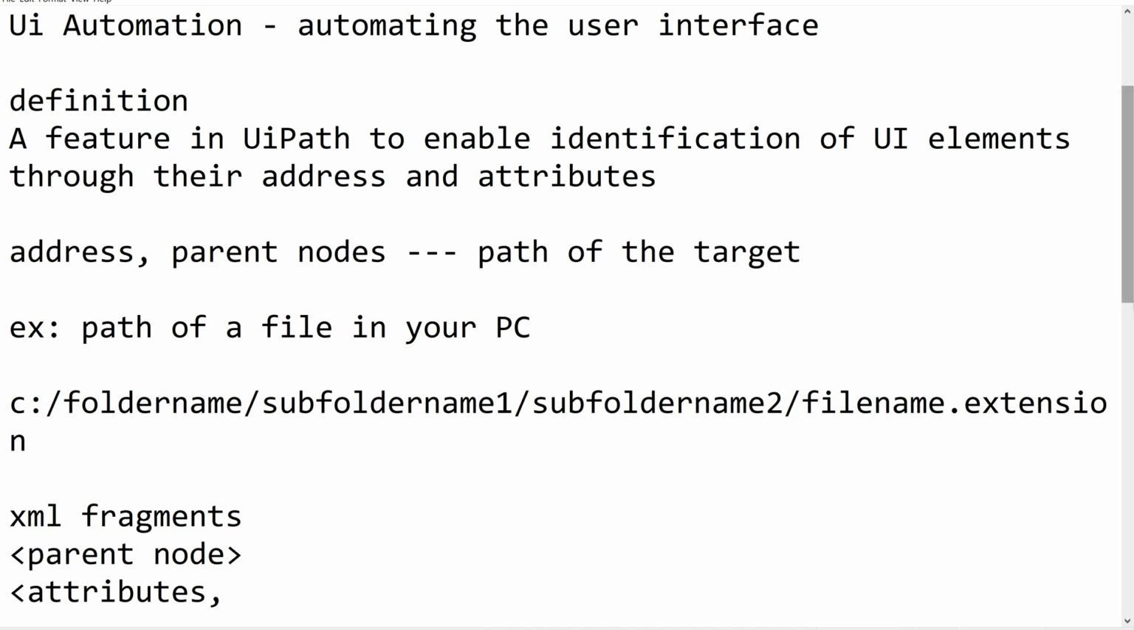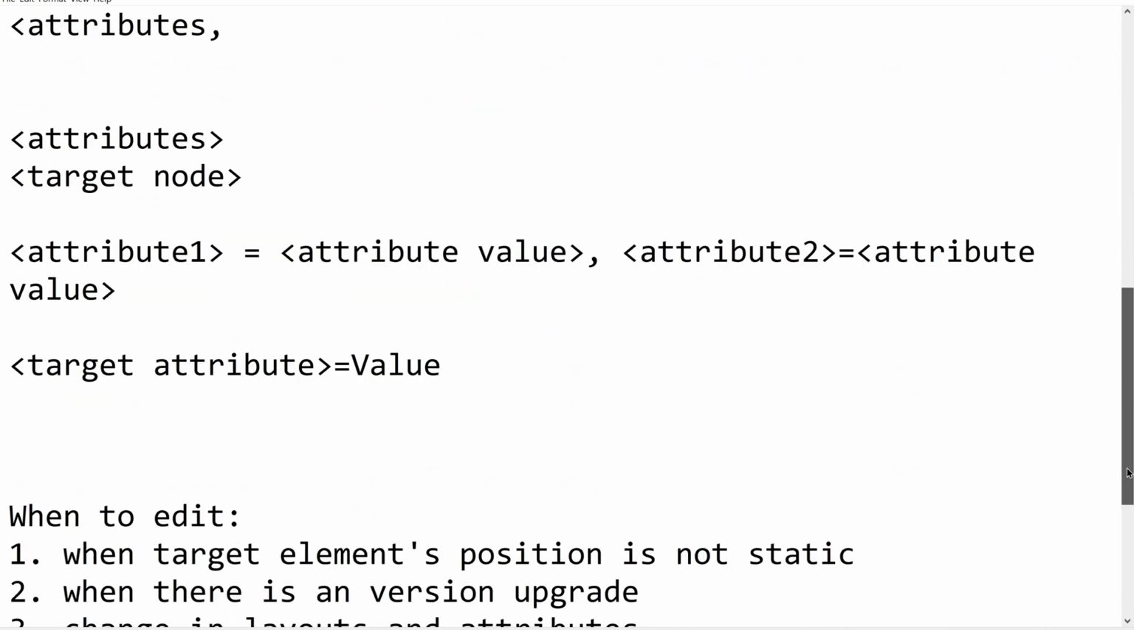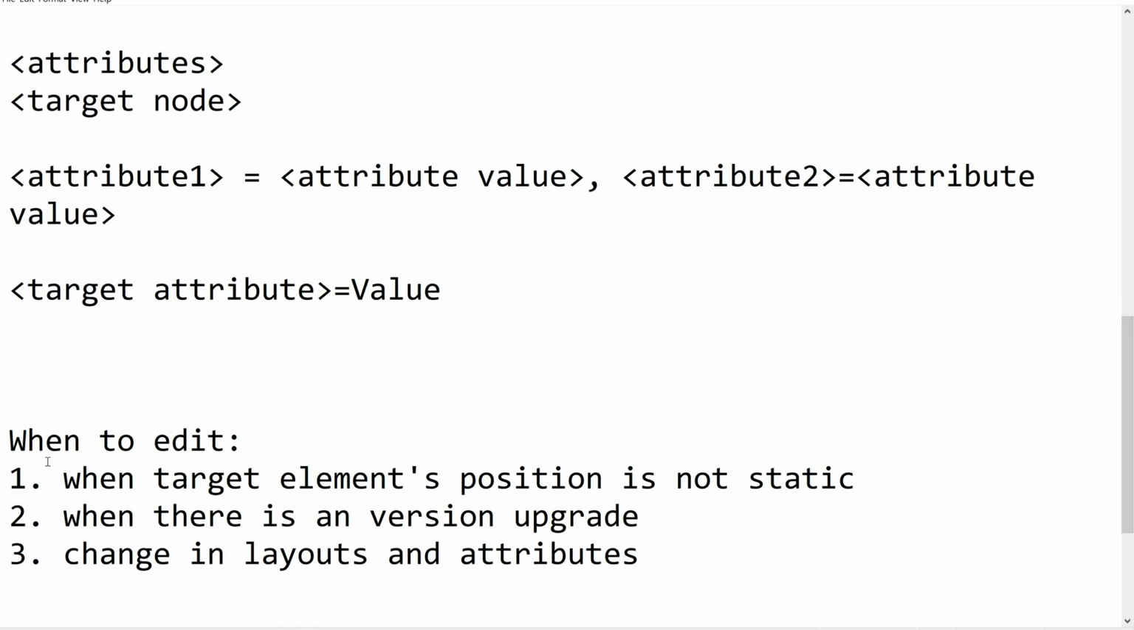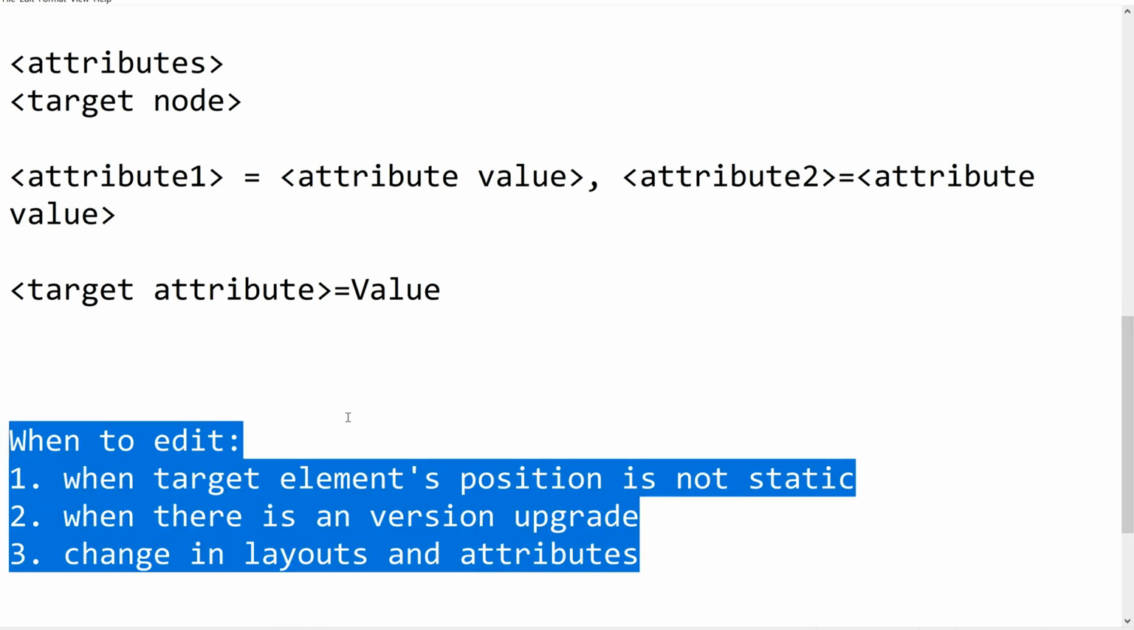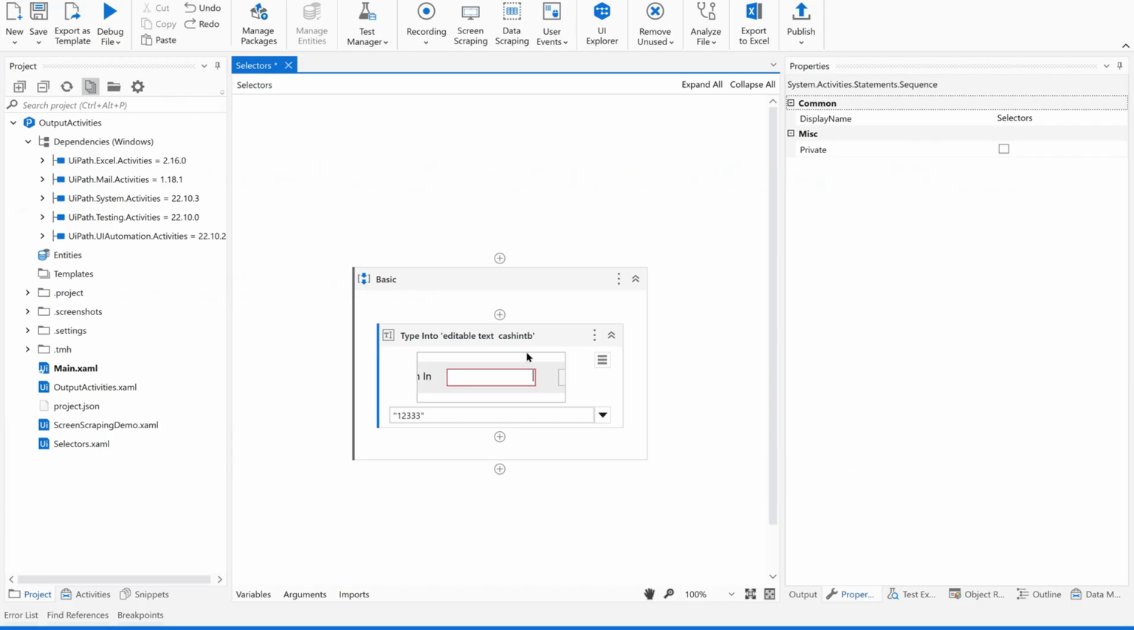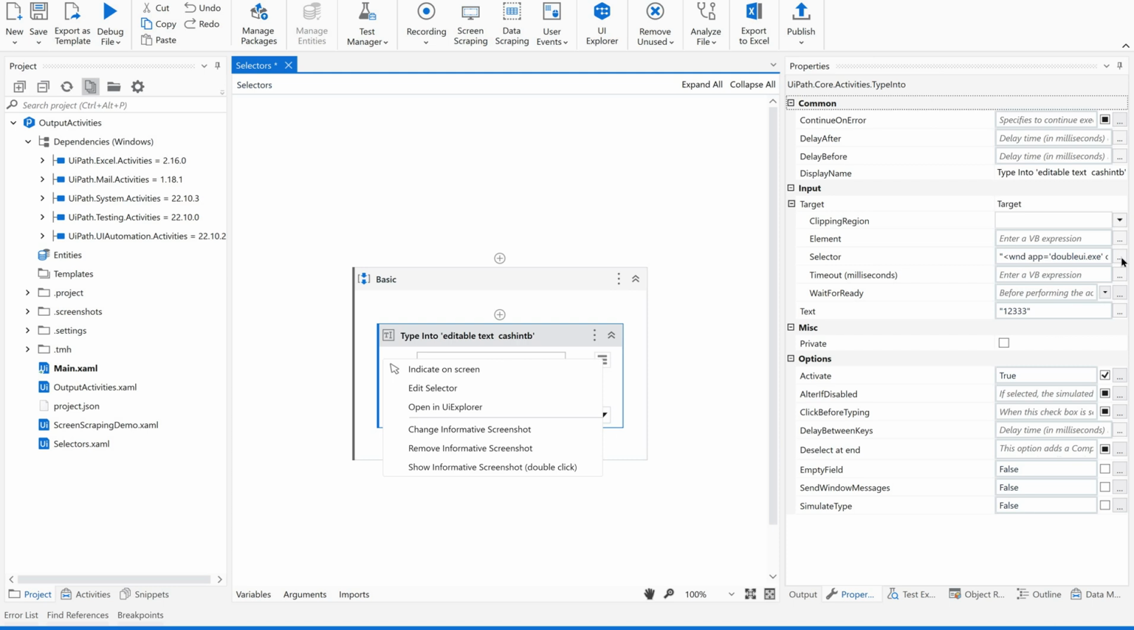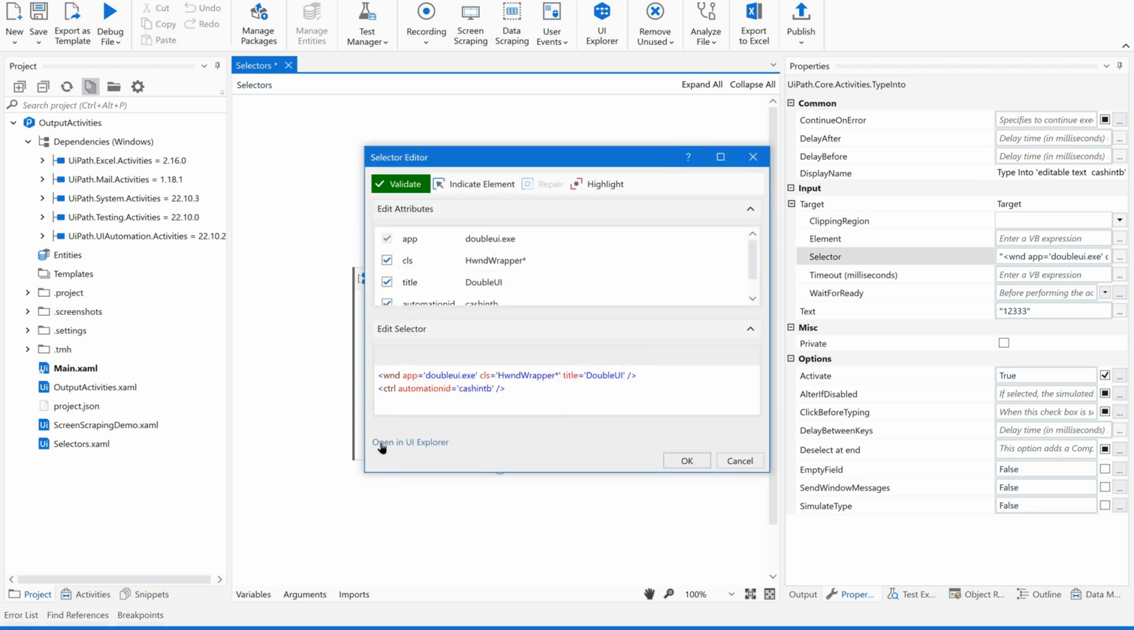Okay, now we have understood the situations where we exactly need selector editing, and then we have gone through the live example on where and how we can change these selectors. Okay, now I'll show you something. We have Open UI Explorer also. We can open here or here in the UiPath Studio ribbon. If you click on Open UI Explorer,